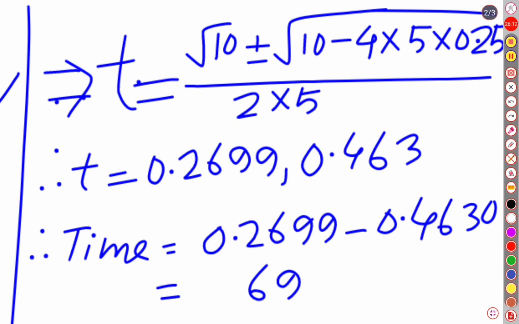After subtraction, we get 0.29. So if we round it up to three significant figures,